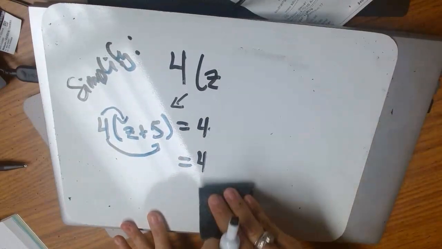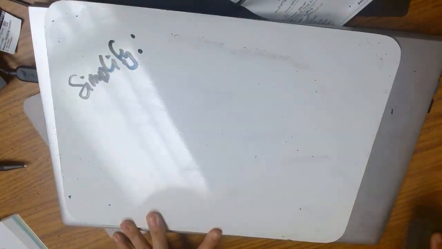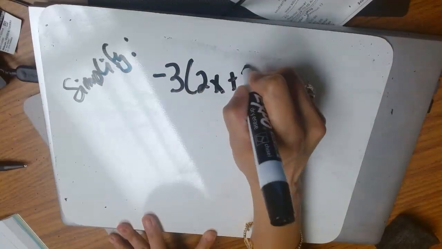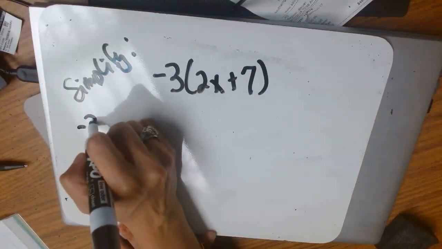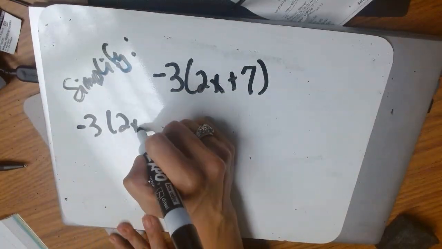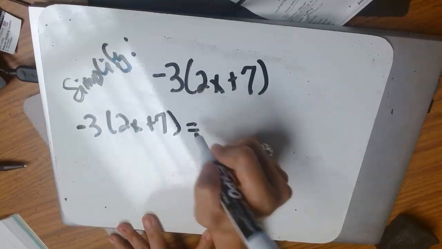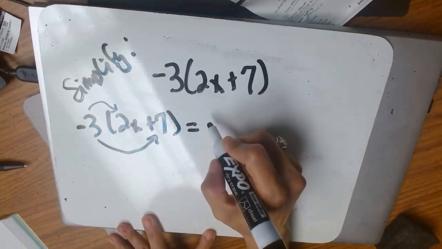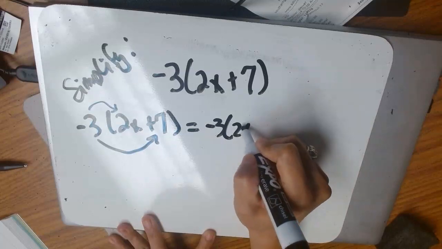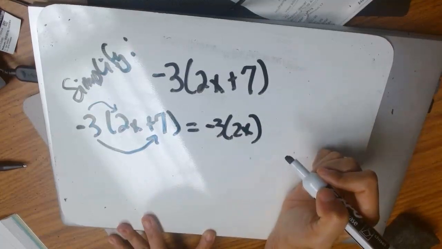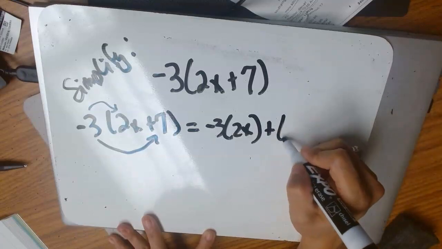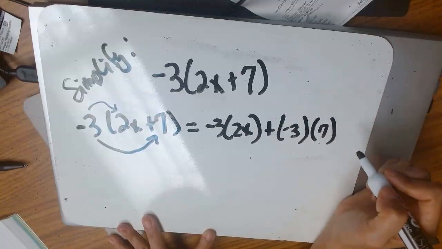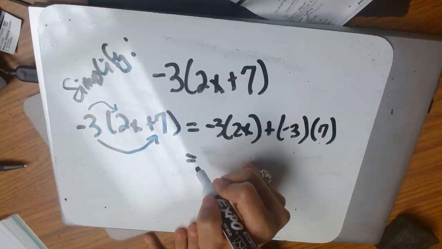Another problem that I'd like to demonstrate is when you simplify -3, 2x plus 7. We're going to rewrite the problem. Okay, and so this will be -3 times 2x plus -3 times 7. Okay, and as we keep simplifying,